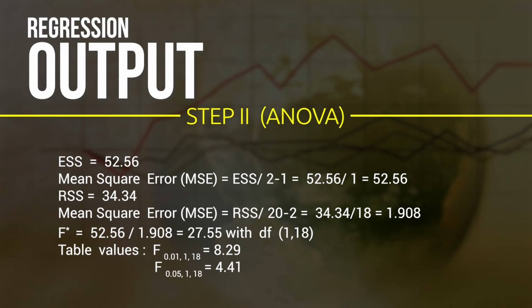1 because of the explained sum of squares, ESS, and 18 because of the residual sum of squares, which is 20 minus 2. Now we have the table values of F. These are given at the respective level of significance, either at 10% or at 5%. But whatever the level of significance, we observe that the computed value is 27.55, which is much higher than 8.29 or 4.41. So at all levels of significance, the computed F exceeds the tabulated value, F star,